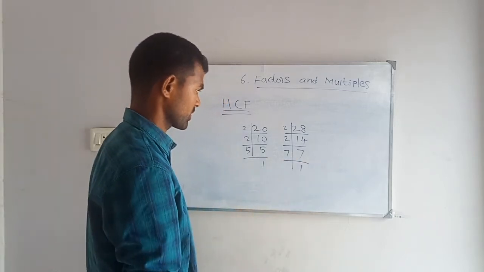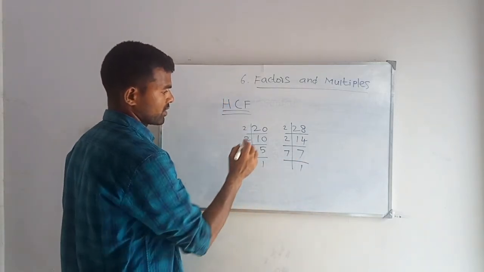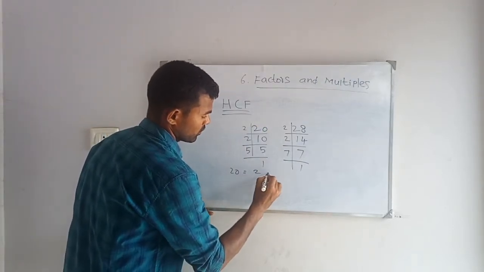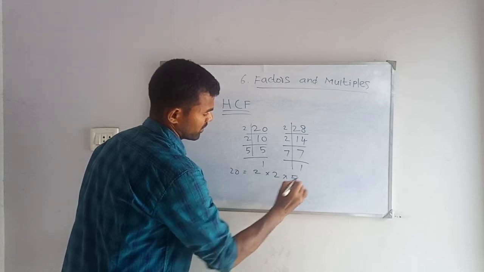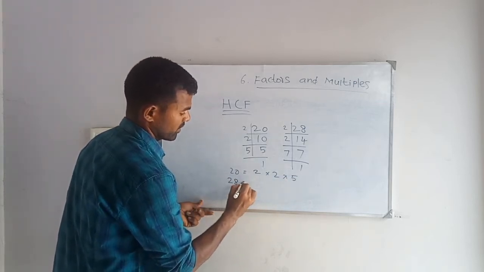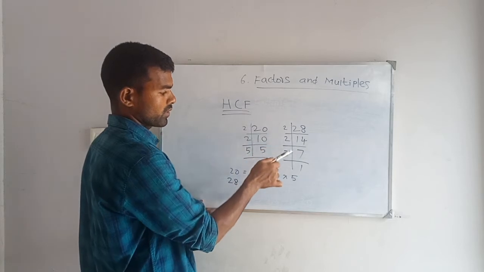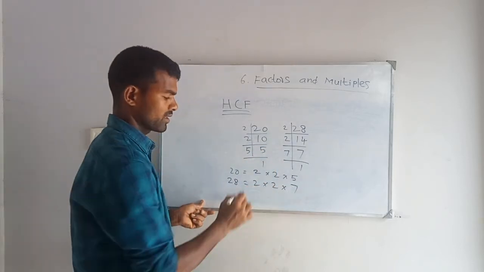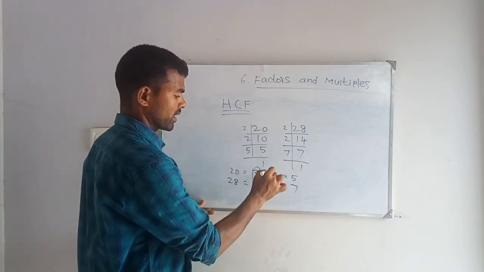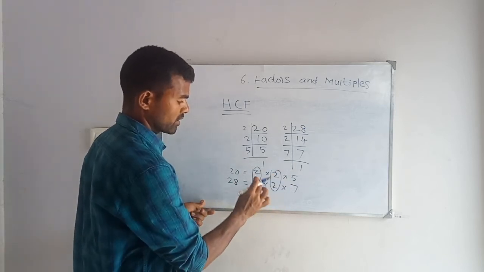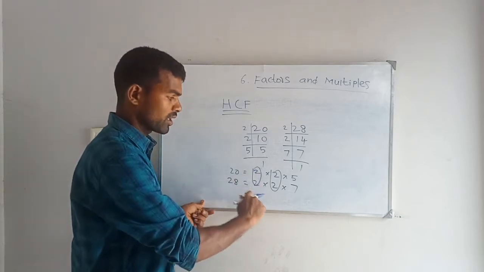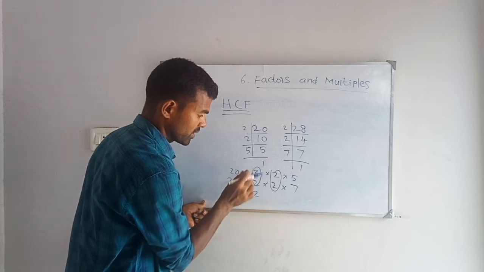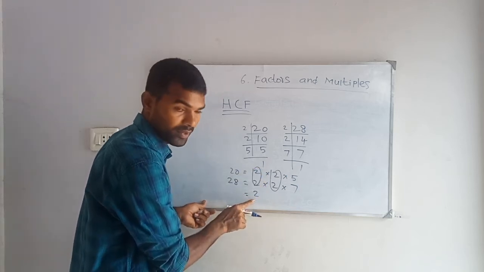Yes, no? Here see, list the factors of 20. Factors of 20 are 2, 2, 5. Then factors of 28 are 2, 2, 7. So what is common here? This 2 is common. Again this 2 is common. Take out these 2, 2. The commonly coming number, take that and write it down at the side. For this common 2, write it 1 time.